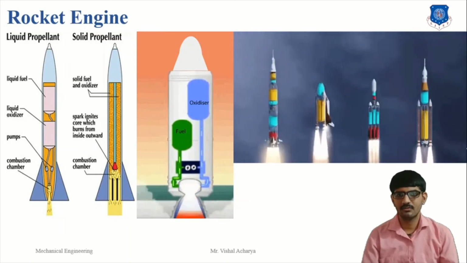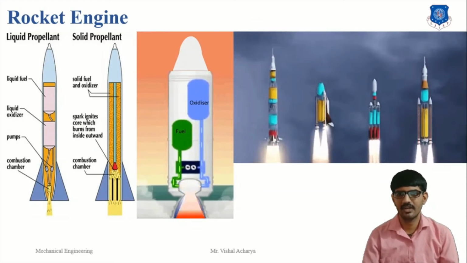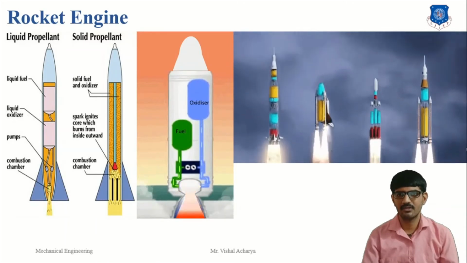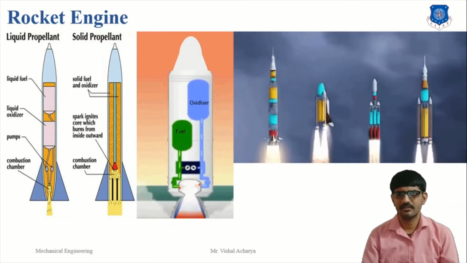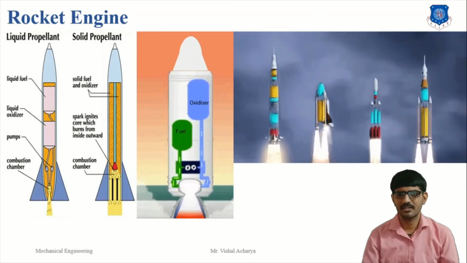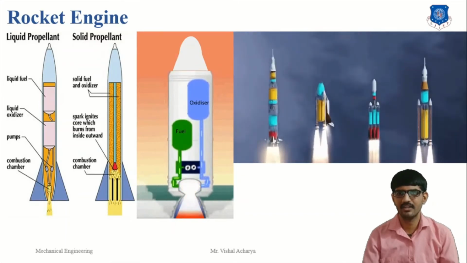There are two main categories of rocket engine, liquid rocket and solid rocket. In a liquid rocket, the propellants, the fuel and the oxidizer, are stored separately as liquids and are pumped into the combustion chamber and nozzle as the burning occurs. In a solid rocket, propellants are mixed together and packed into a solid cylinder. Under normal temperature and pressure conditions, the propellants do not burn, but they will burn when they are exposed to a source of heat provided by the igniter.